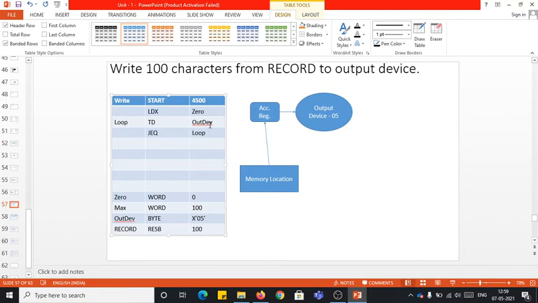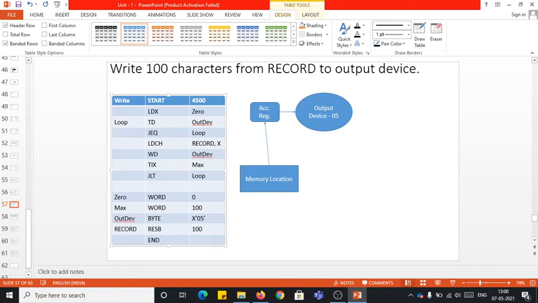Which device? Output device. If the device is ready, you can perform the write, for which you will be using WD, write to the output device number. You can write onto the output device, but before you can perform write, what did I say? When the data is in the memory space, before you can write onto the output device, first you should bring it onto the accumulator register, for which we will be using LDCH RECORD,X, right? Once you write onto the output device, then you will be incrementing X, which is by using TIX, and compare with MAX. If it is less, I'll do JLT LOOP. That's it. That's the program, and you will just have the END instruction.